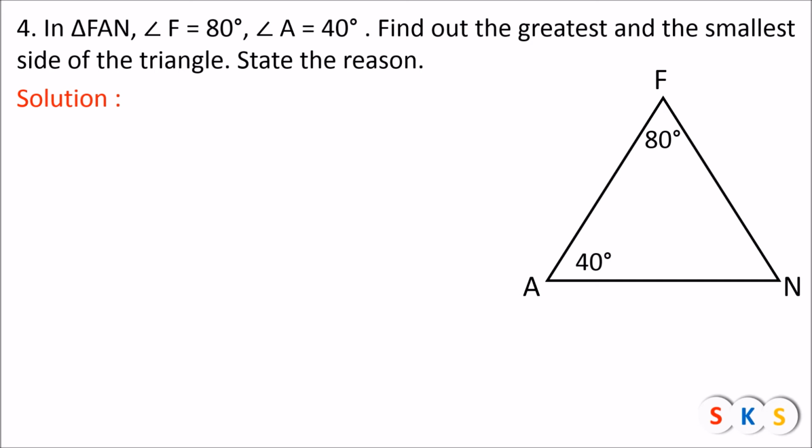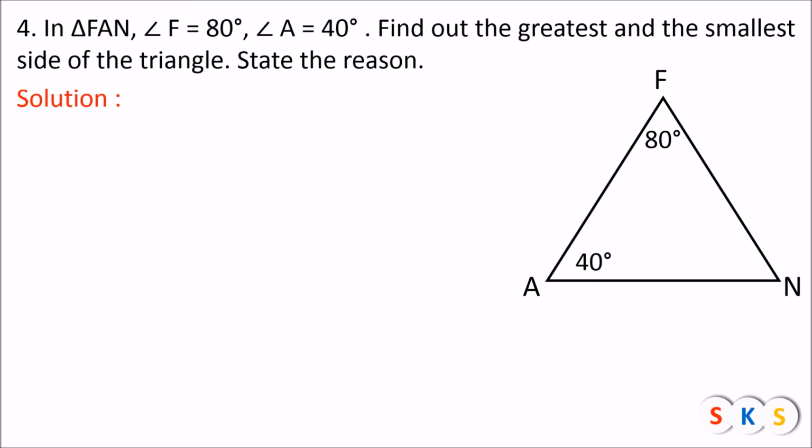Do you know why we need to find the measure of angle N? To know that angle N may be greater than the remaining two, or it may be smaller than the remaining two. That's why we need to find the measure of angle N, to confirm whether N is greater than the remaining two angles or smaller than those two angles. So we will find the measure of the third angle using the fact that the sum of the measures of all angles of a triangle